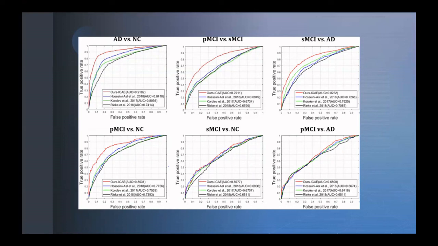When analyzing Alzheimer's disease and progressive mild cognitive impairment against the normal control, it does fairly well detecting accurately. The method also does well when they test progressive mild cognitive impairment versus stable mild cognitive impairment, and also stable mild cognitive impairment versus Alzheimer's disease. However, it does get more difficult when we compare the more similar conditions of stable mild cognitive impairment versus the normal control and progressive mild cognitive impairment versus Alzheimer's disease. And we can see here in the bottom two graphs that the methods perform pretty similarly